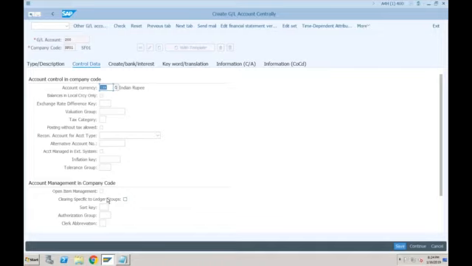Yes, Prashant. Yeah, could you repeat the question once more, please? Prashant, my question is, in ECC, when we were creating the GL account, there was open item management and there was one more field called line item display. Yeah, line item display. What was the purpose of that field?